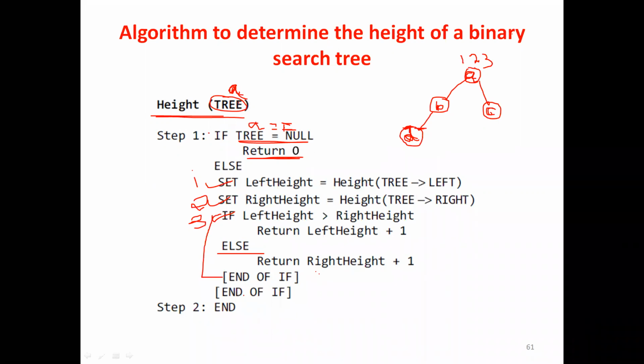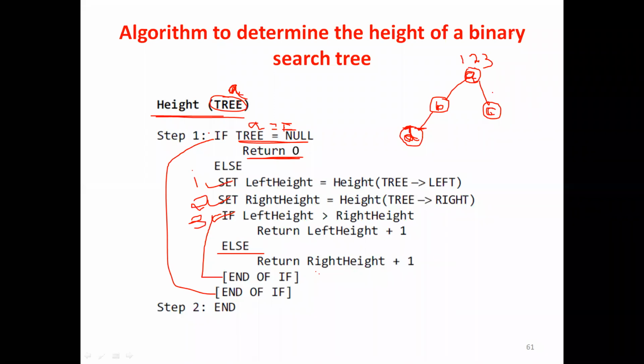Okay. If else. Nothing is there. Simple. Make it simple, don't get complicated. End of if means this first if else is over. It's the inner if else, within the else part. Within this else we have one more if else, that is a nested if else, and this one is its end of if, and this outer end of if belongs to the first if. I hope you understand.